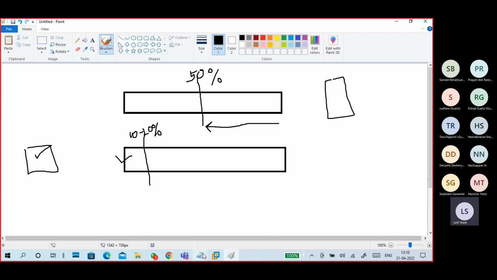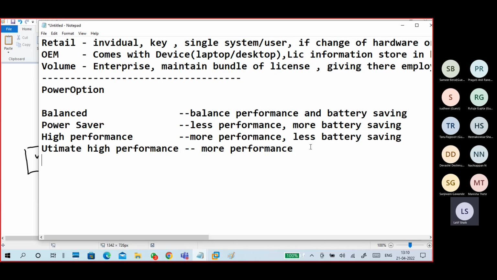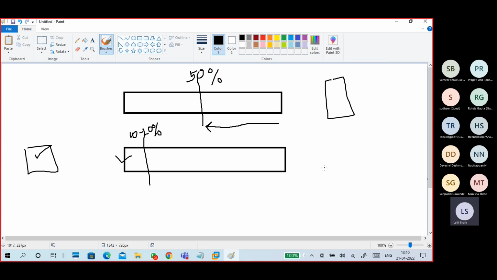One point I told about is power saver mode, power options. That is very important. Balanced or power saver if you're running mainly on battery. If you're running on a plug connection, you can use high performance. If you are doing a very big task, high performance or balanced. These two are very important. For a very big task on high performance, a charger connection is compulsory.